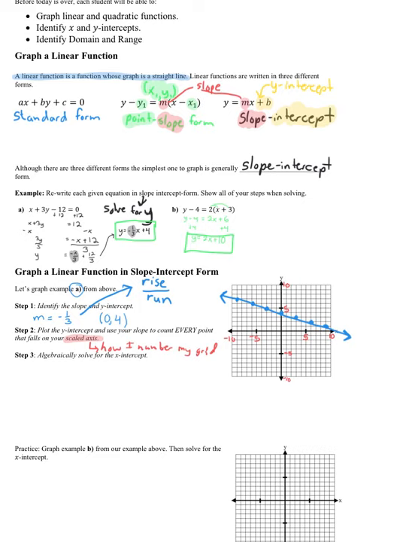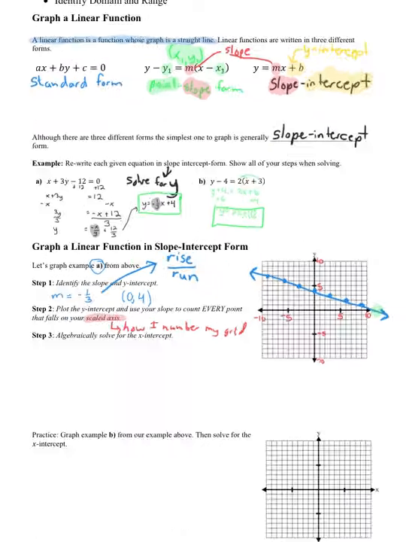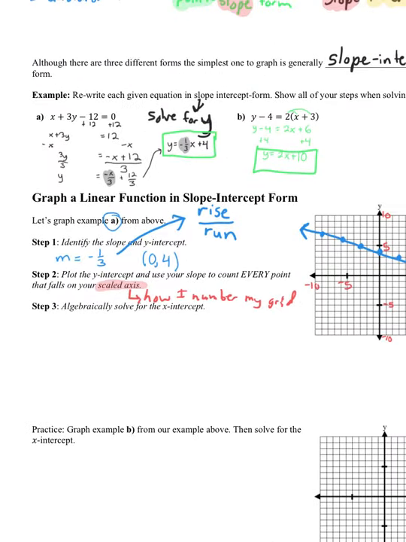All right. And the last part, I want you to do step 3 here. Algebraically solve for the x-intercept. For example, on this one, I can see the x-intercept is not quite on my paper. It's going to be somewhere over here, just slightly off my paper, so like 11, 12, 13, somewhere in that area. So what I want to do to algebraically solve, show my work, I need to